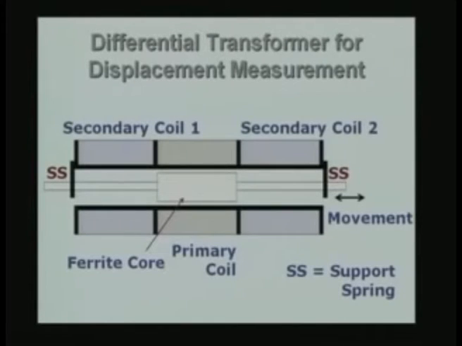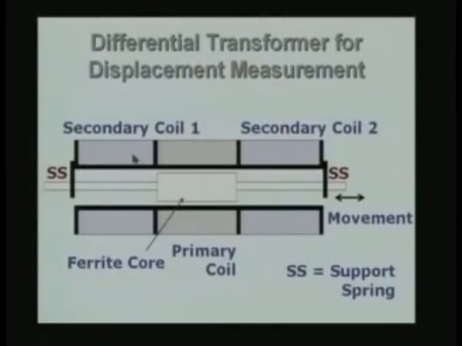And if you remember your basic electrical engineering course, you will realize that a transformer is an AC instrument. That means, if coil 1 carries an alternating current, then the flux lines will link through the ferrite core to the two secondary coils. So, if an alternating voltage is impressed on coil 1, the primary coil, secondary coil 1 and secondary coil 2 both are going to respond to this and produce their own outputs.